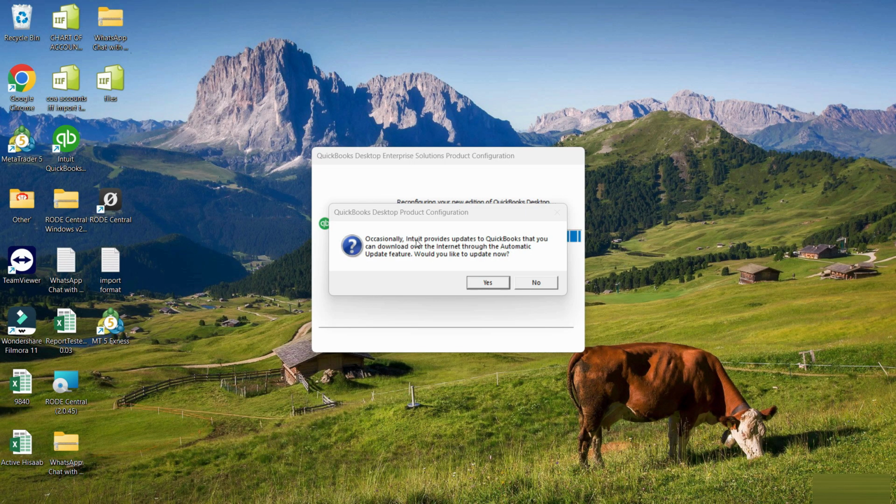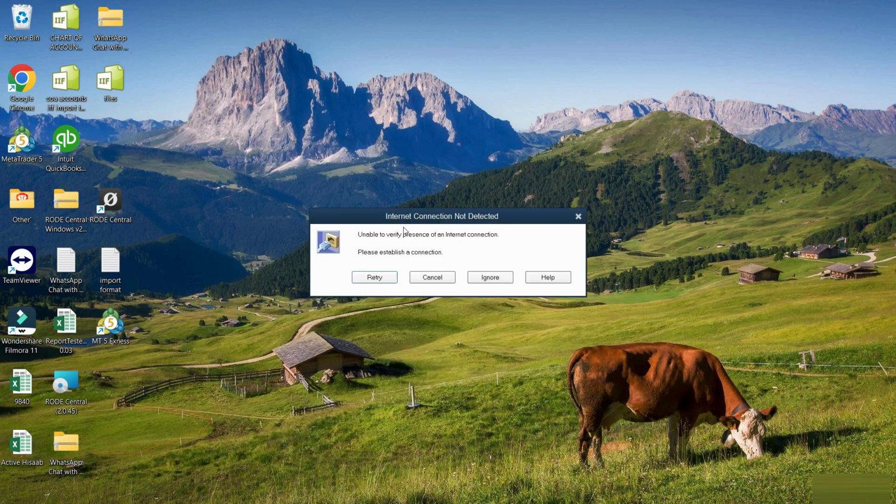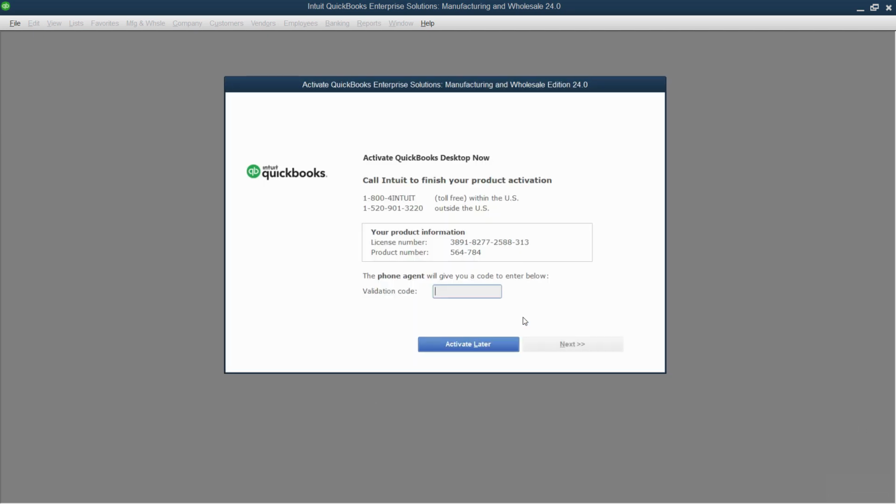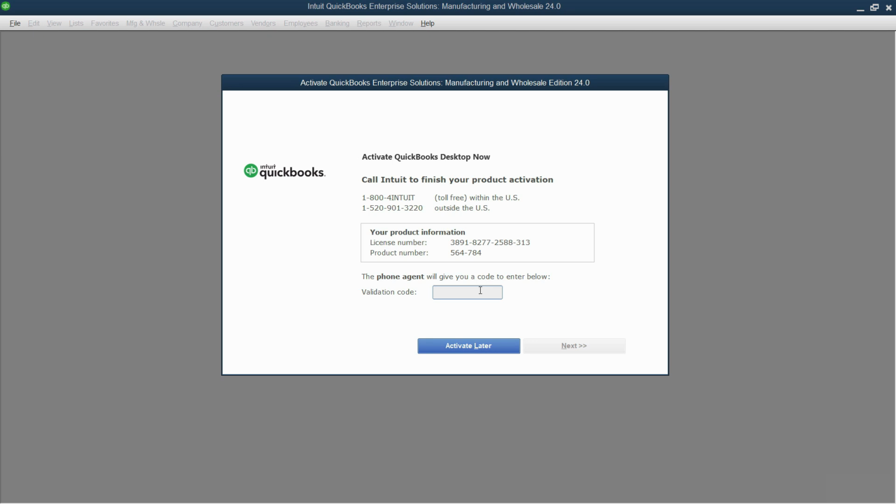So it says here, occasionally Intuit provides updates to QuickBooks that you can download over the internet. Would you like to update now? Click no. And internet connection not detected. Click on ignore or cancel, and now it will start QuickBooks. But again, it asks you to activate it. Make sure to turn off the internet and then begin activation so that it can directly ask you for the